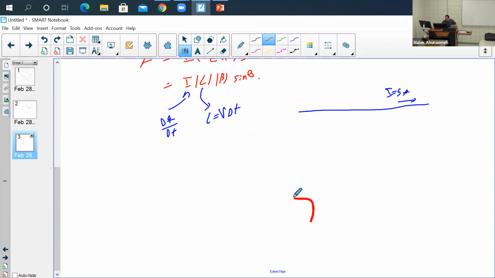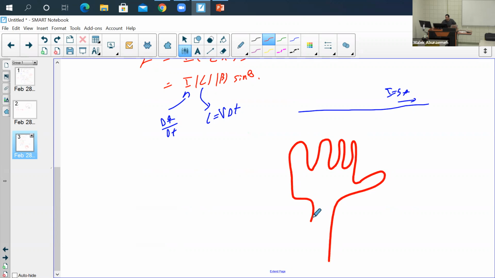So your right-hand rule is, let me go ahead and try to draw it. So let's say this is your hand, 1, 2, 3, 4, 5. I'm going to do my best to draw a hand. So your thumb, that's where your current is going. Your fingers, that's where your magnetic field is going. Coming out of your hand, that's where your force is going. So if you actually apply this over there,